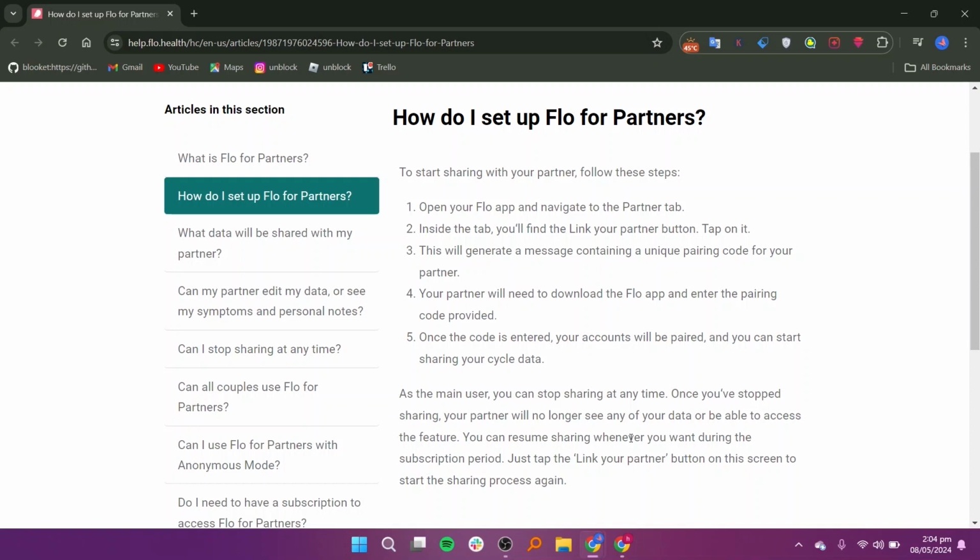When you tap on the Link Your Partner button, the app will generate a message containing a unique pairing code. This code is essential for linking your accounts and enabling data sharing between you and your partner. Your partner will need to download the Flow app if they haven't already done so. Once they have the app, they can enter the pairing code you provided them with. After your partner enters the code, the account will be successfully paired, allowing you both to start sharing cycle data